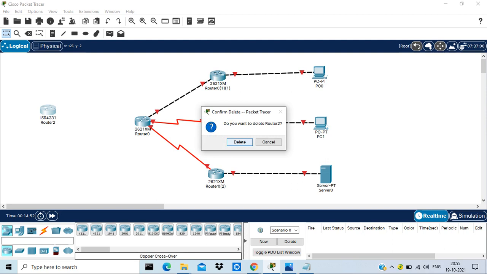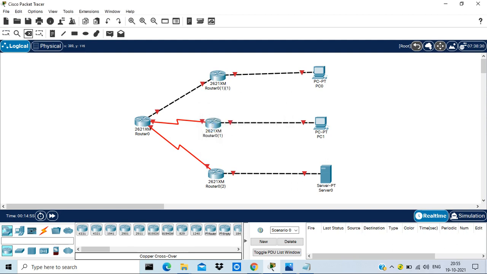So here is a fundamental theory: the layer 2 switch or layer 3 switch that we buy from the vendor like Cisco, all the Ethernet interfaces are by default enabled from the manufacturer. When we unbox a switch from a new box packing, all the Ethernet ports of a layer 2 or layer 3 switch are by default enabled. Whereas in case of routers, the Ethernet ports are always disabled from the manufacturer. So the first thing you have to do is enable the interfaces, and getting a link up